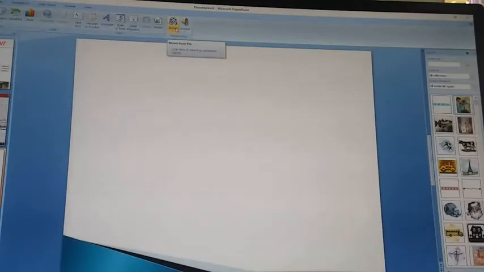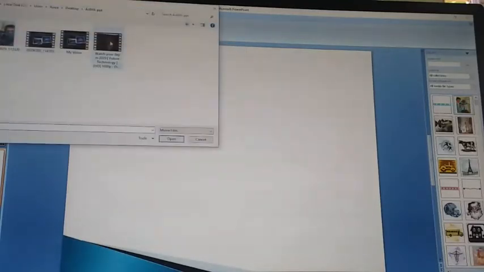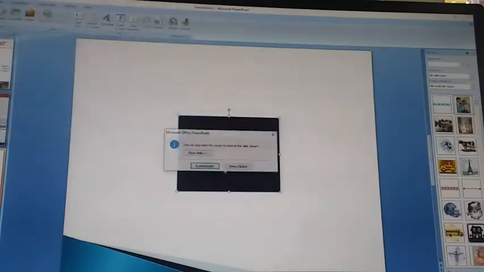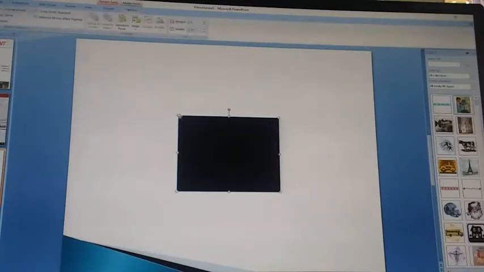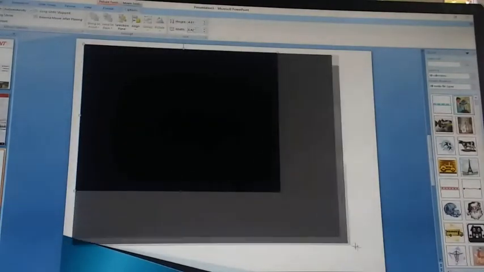If you want to add a movie, click movie from file, choose one movie, then OK, click. Just here choose one option, automatically or when clicked. It will play automatically when the slideshow is made full screen. Just see. We can extend the size of the movie.